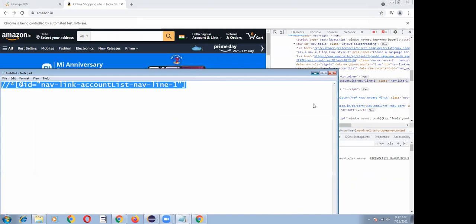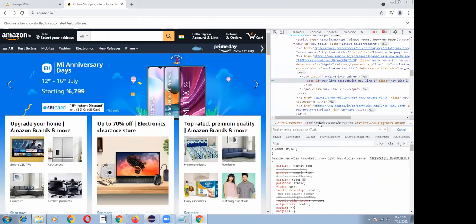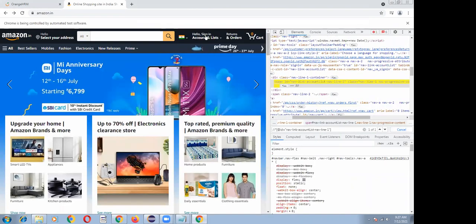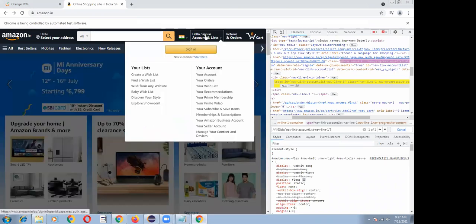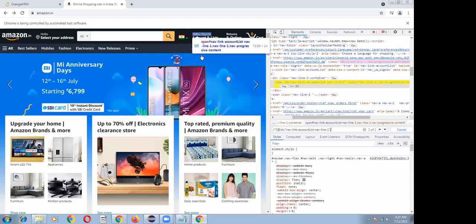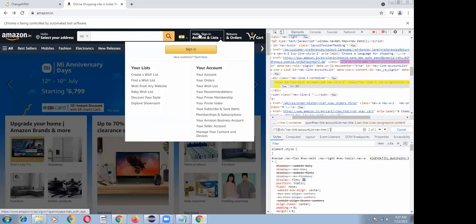I'm taking the XPath of this web element, Control F, Control V. After that, I want to click on Your Account.